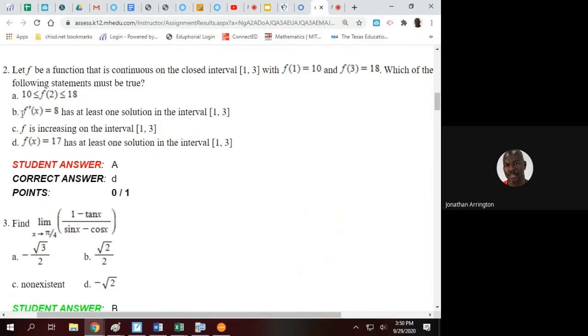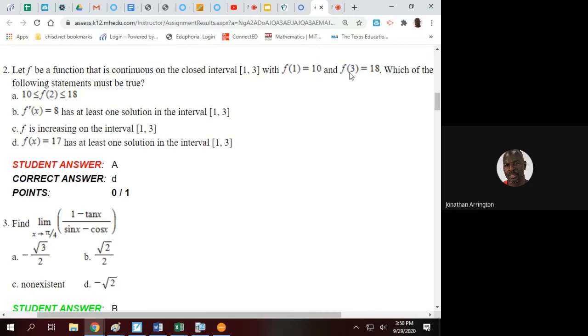Letter B, we haven't talked about derivatives yet, so anything that's referring to derivative is not going to be true. Letter C, I actually just spoke on that. We can't assume just because f of 3 is greater than f of 1 that the function is increasing on the complete interval. So the answer that's true is answer D, because it's saying that f equals 17, and 17